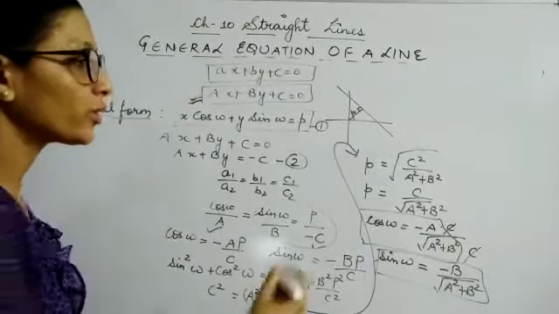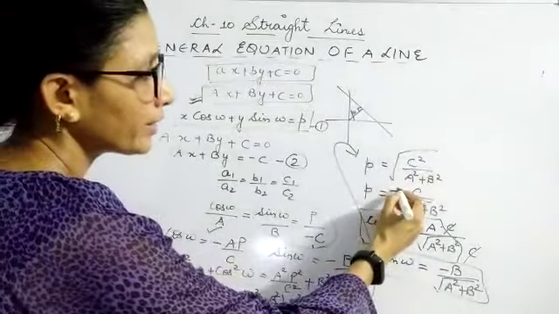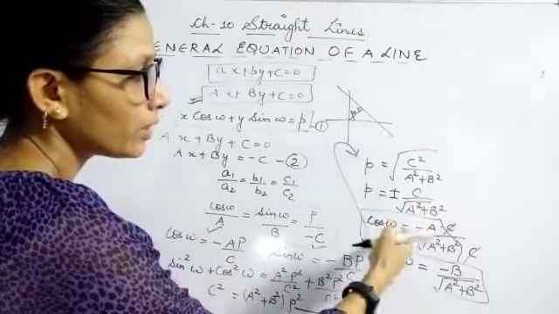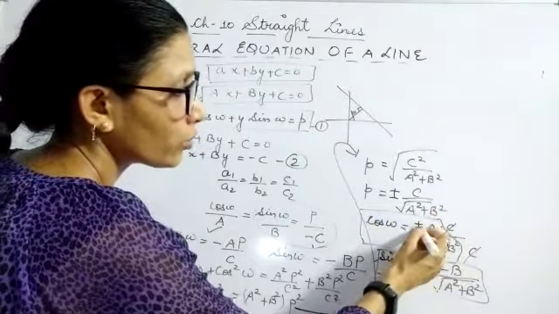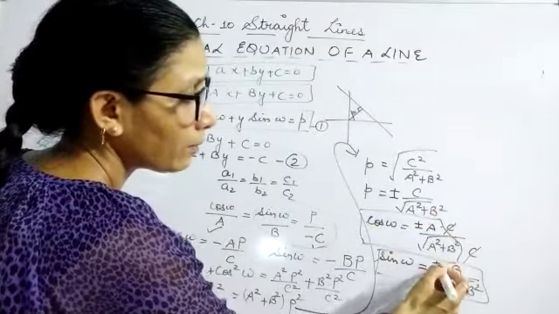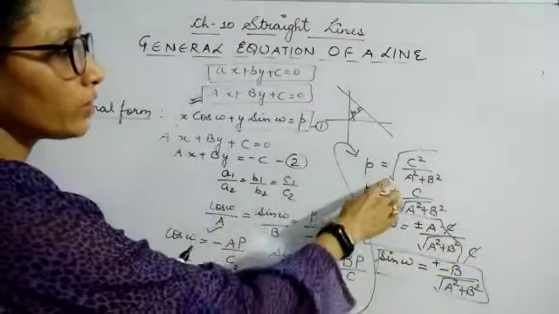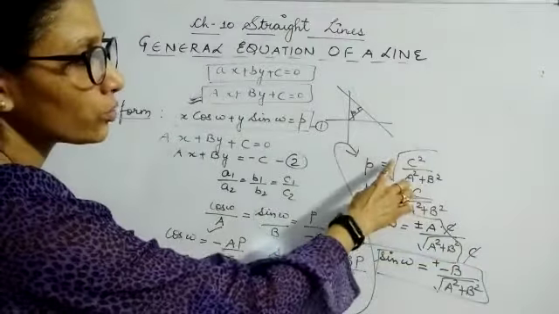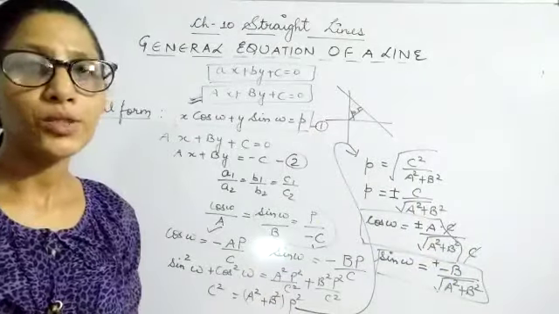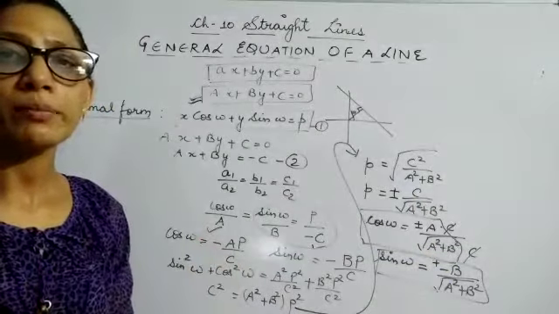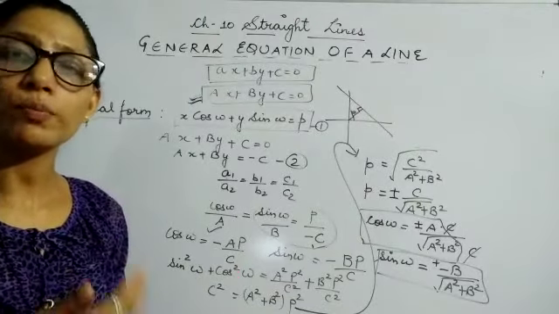Here is one more thing, children. When you have taken the square root, you will write it as plus minus. Similarly, this cos omega will again become plus minus, or minus plus you can write. So this will also become plus minus and plus minus. That means it can take the value of plus also and minus also. Since I have taken the square root, p square equal to this, it can have the value in plus and minus form. That's all in this video. Try to remember these things by the use of diagrams and your previous concepts.